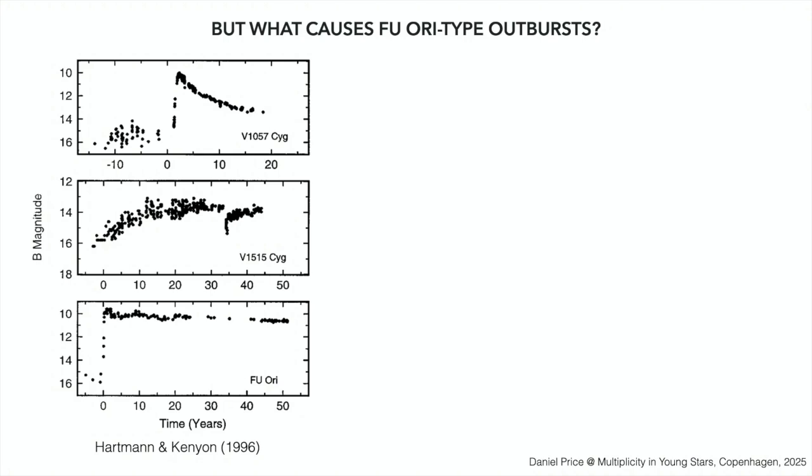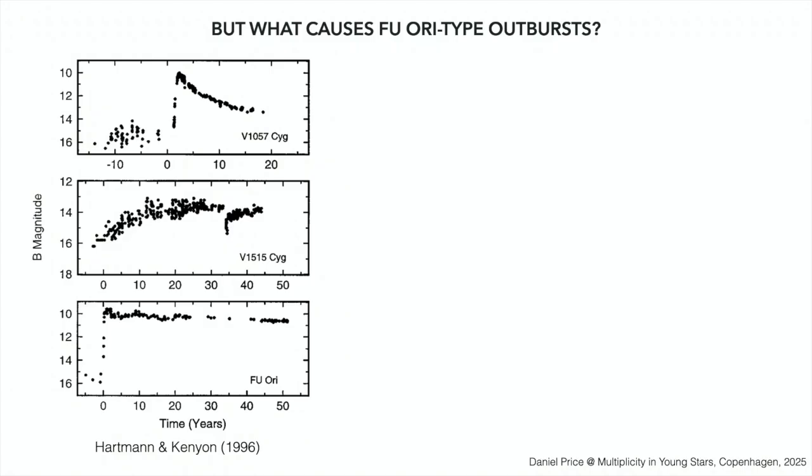But what's the problem with the 1 year thing? Think about how long it takes Earth to orbit the sun. A year. And how far is the Earth from the sun in astronomical units? Yeah. The basic theoretical understanding is if you want a disk to go into outburst that fast, you have to disturb the innermost region, inside of 1 AU, because the dynamical time is the fastest thing that can happen. And so you have to disturb it in the innermost regions as fast as possible. Make sense?